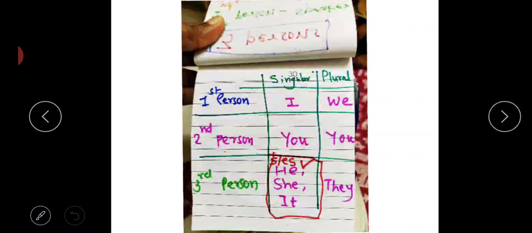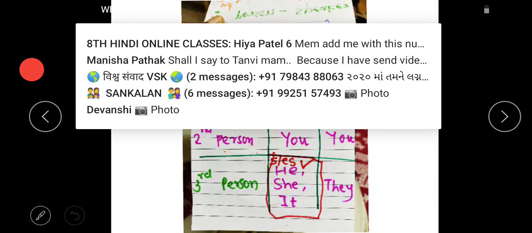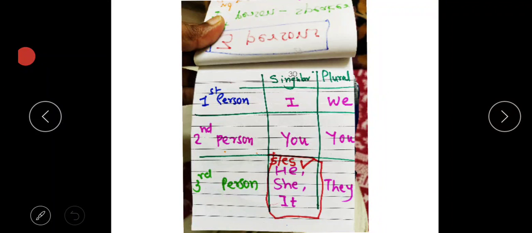So in all these 6 boxes you can see that only with third person singular, that is he, she, it, he can be Hemal, he can be Mahesh, he can be Suresh, she can be Komal, she can be Pooja, she can be Hema, whatever. It can be a dog, it can be a tree, it can be a ball, whatever, right? So whatever is singular, that is third person singular. Similarly third person plural, they, may be boys, girls, trees, whatever it is. So they is third person plural.